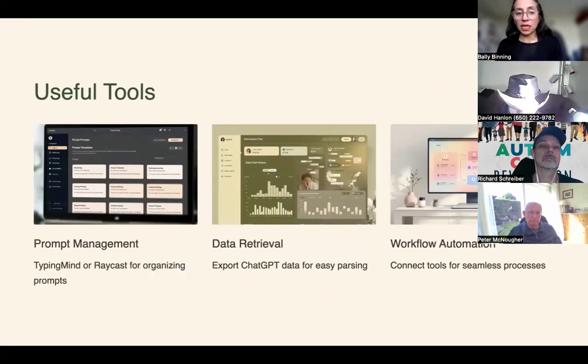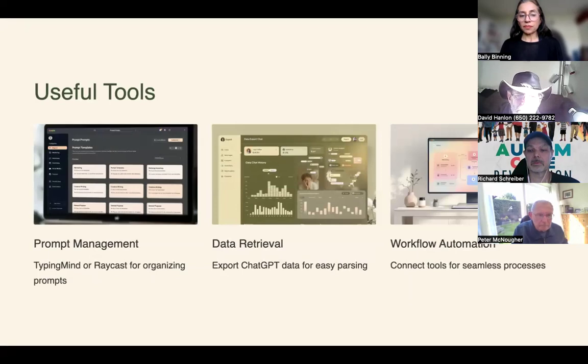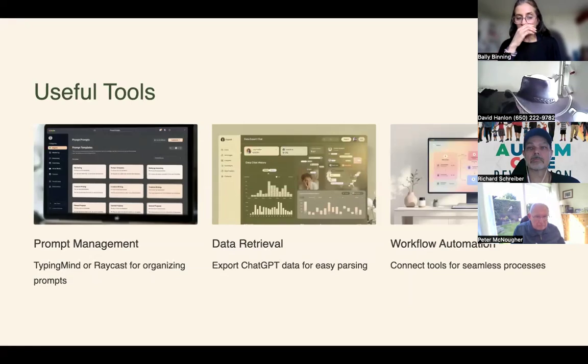Prompt management, and some of you will have used TypingMind or Raycast perhaps. If you're looking at it, it reminds me a little bit of Notion, where you're organizing and putting your prompts. Now, what you're going to find as you go into the AI space is you're using similar prompts. Prompts, again, for those of you who are probably thinking, do I use prompts? Just the instructions you give the model so it performs the task you want to do.